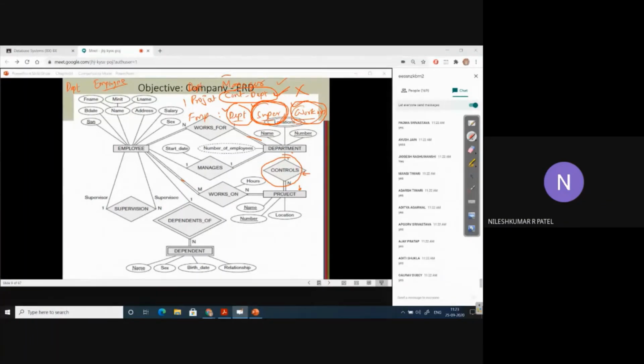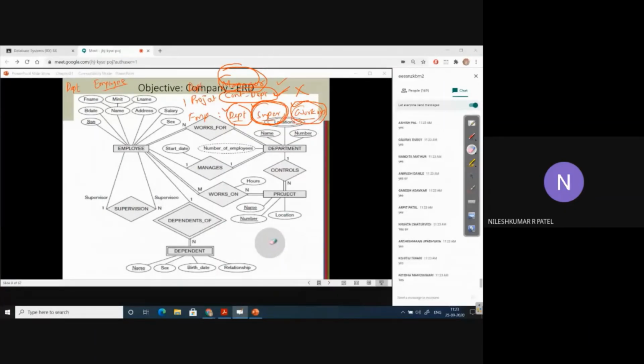Now, for example, manages: department manages, or employee manages a particular department. So we have one more relation like this. We remove this manager attribute and we can represent it by this relationship. So I think it is clear now how you will be able to represent relationships between entity types by identifying attributes that exhibit some relationship. Yes or no, all of you? If it is clear, please write yes, and if you have any doubt, please ask.